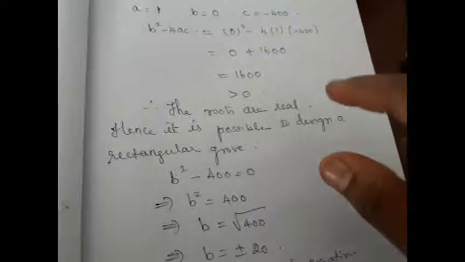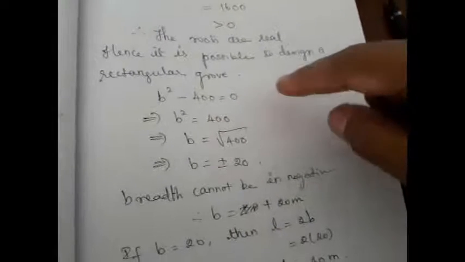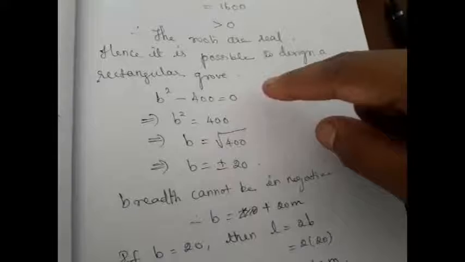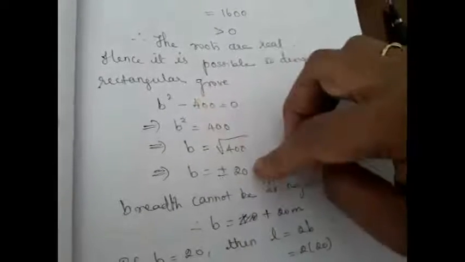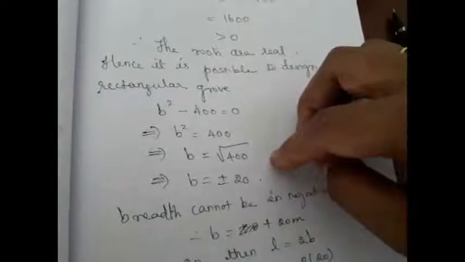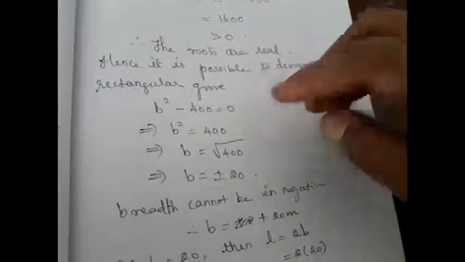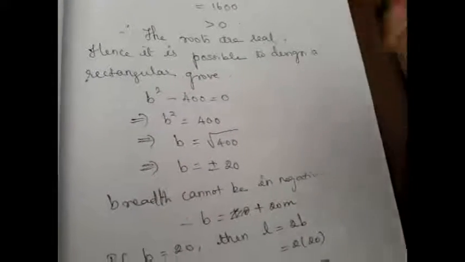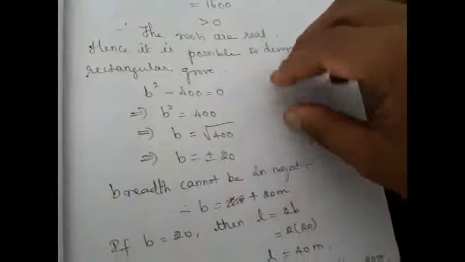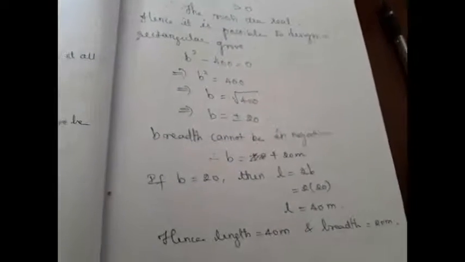So if the situation can be designed, they asked you to find its dimension. So we need to solve the quadratic equation. But here the quadratic equation doesn't have the x term. So we have solved it directly, or else you have to adopt the method of factorization or completing the square, or you should use the quadratic formula to solve it. Right? Here we have directly done it. Hope you understood. Let us see the next question now.